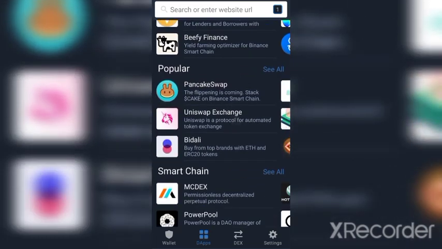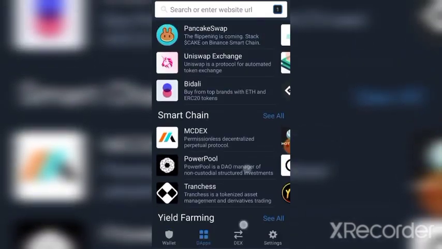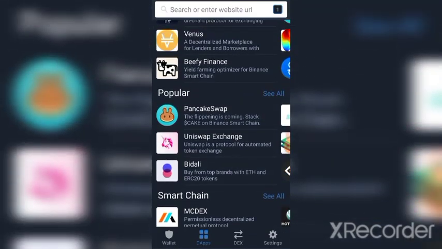Once you click on PancakeSwap, you select the token. If BNB is on top, you switch BNB to below. Wakanda Inu should come up. Then you select the quantity of Wakanda Inu you want to sell and you confirm. That is all. If it is ERC network, you change it to ERC network. I don't want this to be too long, but I'm just going to do it one more time again. So you click on PancakeSwap,